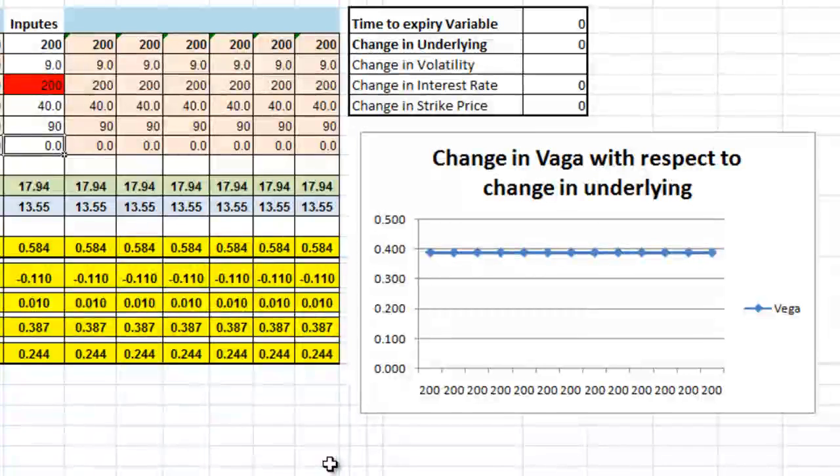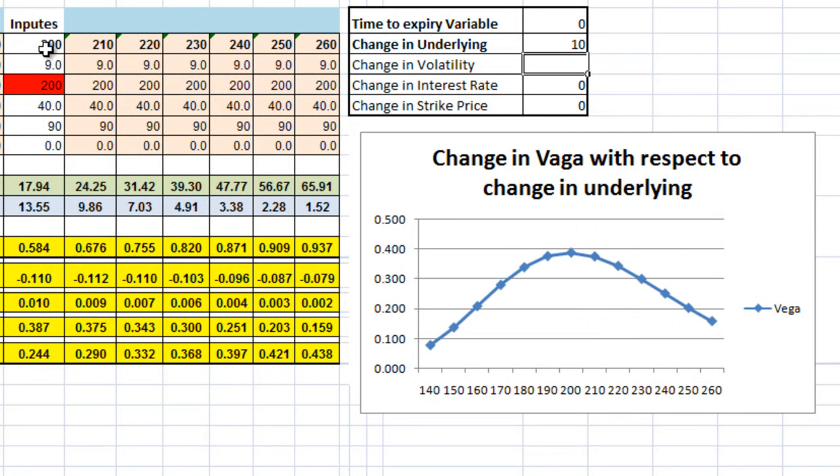Understand change in Vega with respect to change in underlying asset. So what I do is I increase the value of underlying asset, and we'll see what happens. Now we can see the underlying assets are increasing and our option contracts are becoming more in the money. So here on the plot we can see when it's at the money, the Vega is very high, and as the price increases, or the option becomes more in the money, the volatility